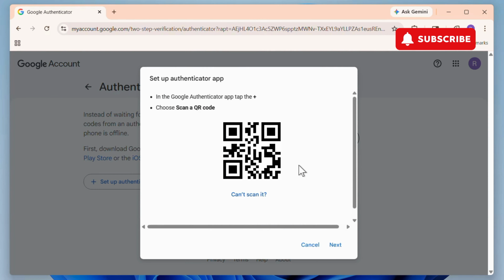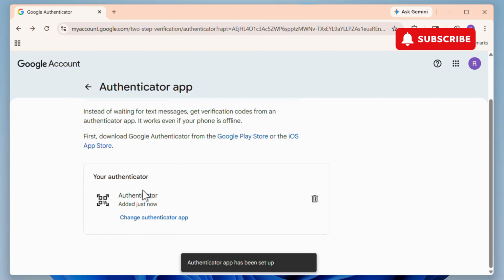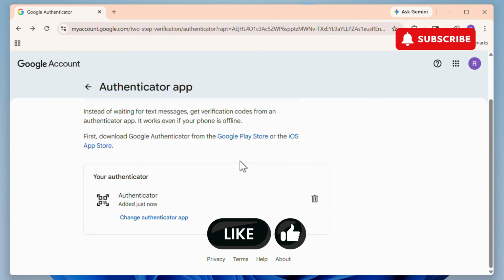Come back to your browser and then click on Next. Now you simply need to enter the code that appears in the Google Authenticator app. Finally click on Verify to confirm. Once you have done this, the Google Authenticator is now set up for your Gmail account. Now anytime you sign in to this Google or Gmail account, you will be asked to enter the Authenticator code